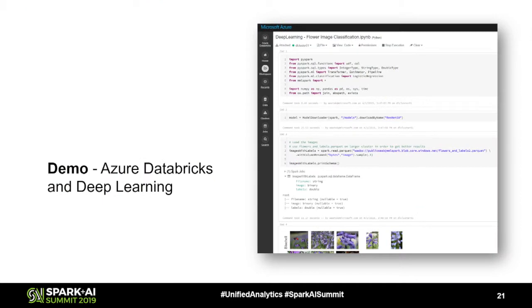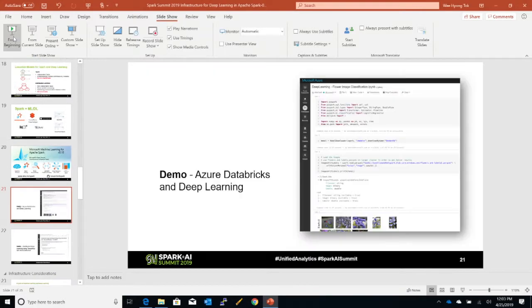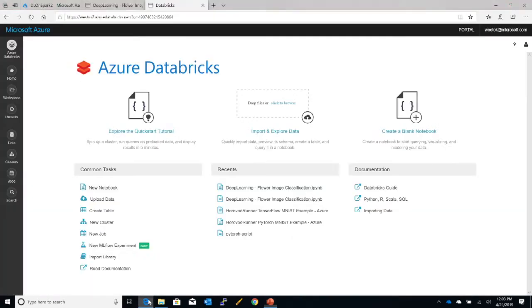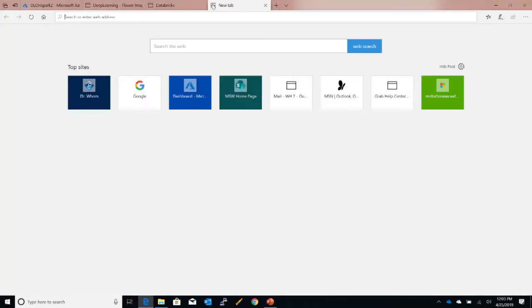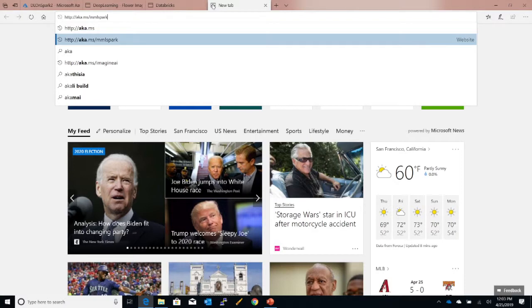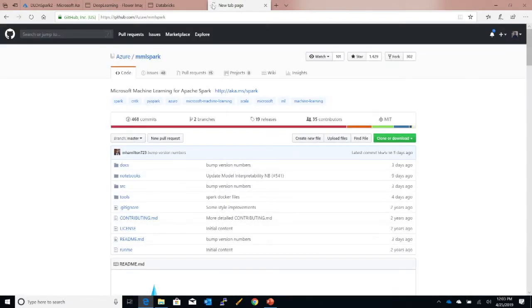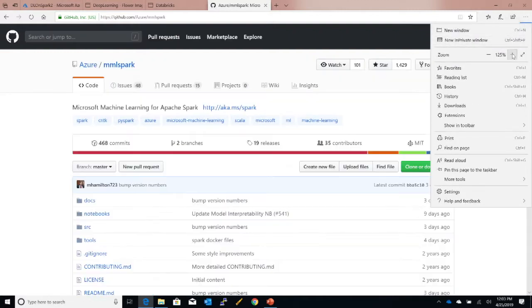So let's get to the demo. Now, how do you go to MML Spark? If you follow this link and go to aka.ms/mmlspark, it will bring you to our GitHub repository. Everything there is open source. If you can't see it, let me just make it bigger.